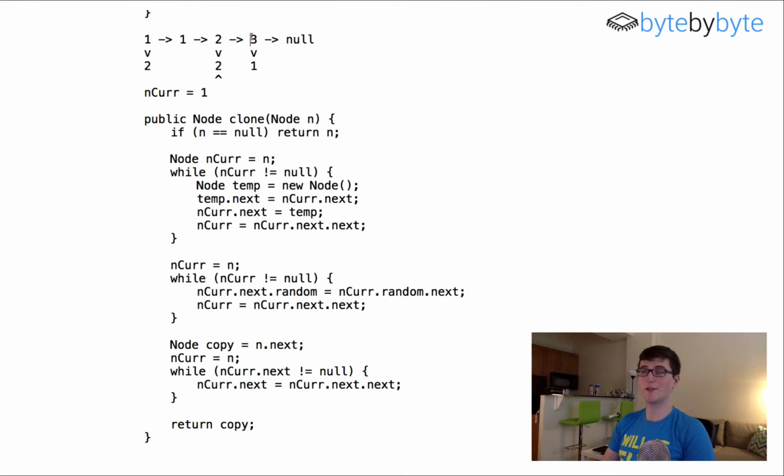And then we're going to insert another temporary node here. So we're going to put 2. And then increment this, and then finally one more, we insert a new node 3. This comes over here, and now ncur is equal to null. So we've now interleaved the list, and so our next step, ncur equals 1 again. So we're going to come back to the beginning, and we're going to say while ncur is not equal to null,